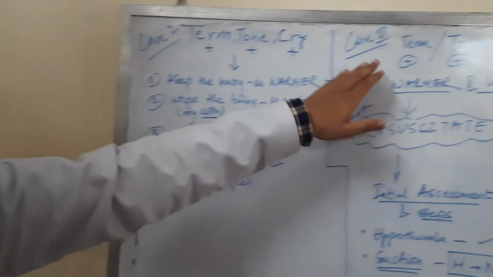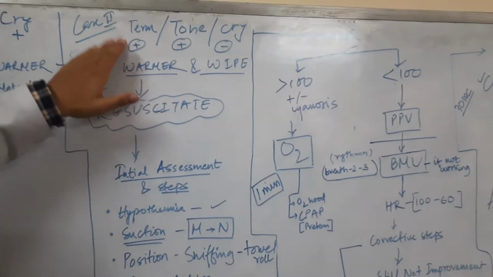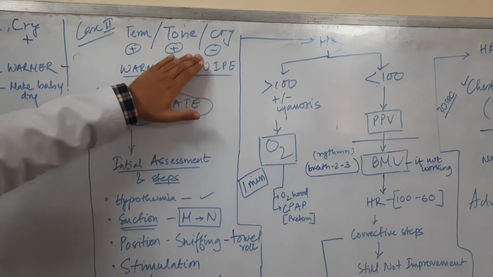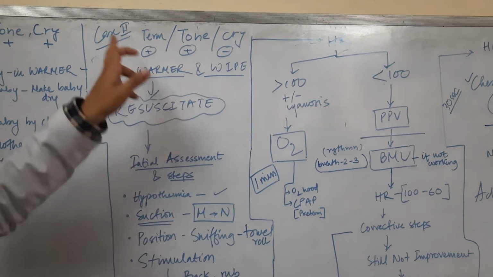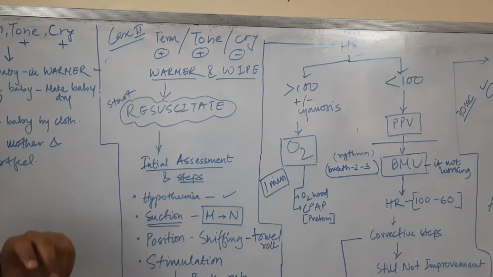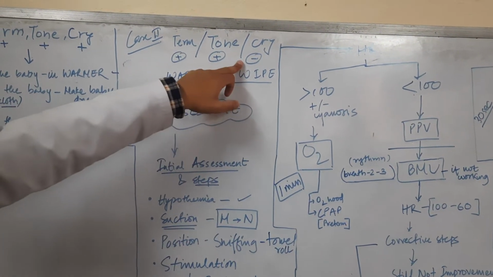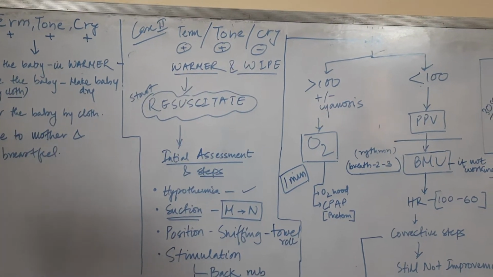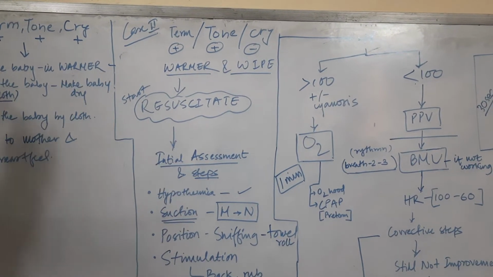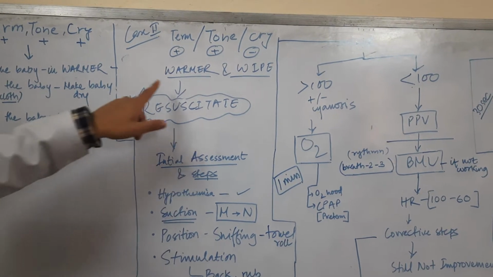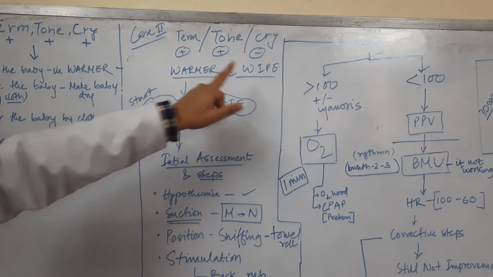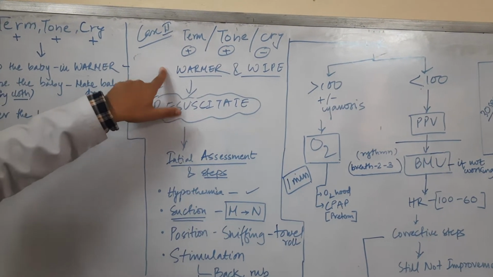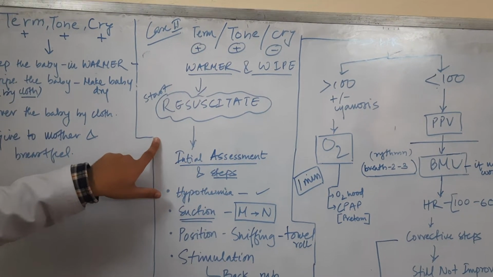But if the child is a preterm baby, is lethargic, does not have a vigorous tone, and is not crying, then that would suggest that the baby is not respiring. So this has risk of birth asphyxia, and we have to start the neonatal resuscitation protocol. For that, once we get the baby, we wipe the baby immediately and keep the baby in the radiant warmer to prevent hypothermia. Then we start the neonatal resuscitation.